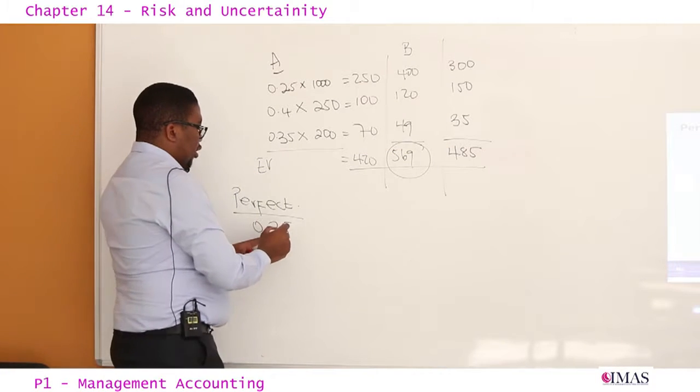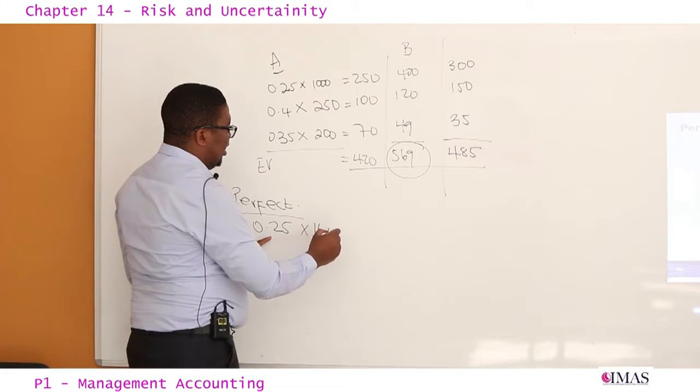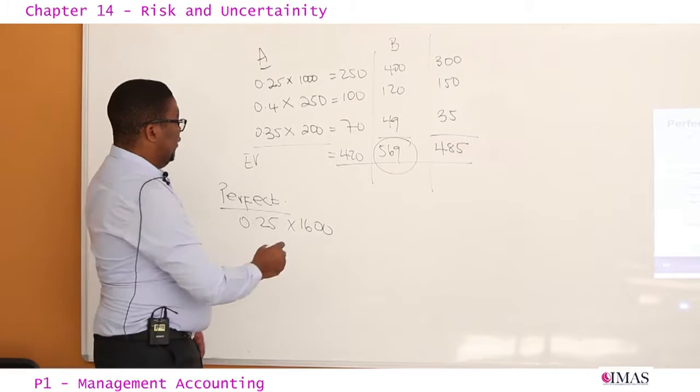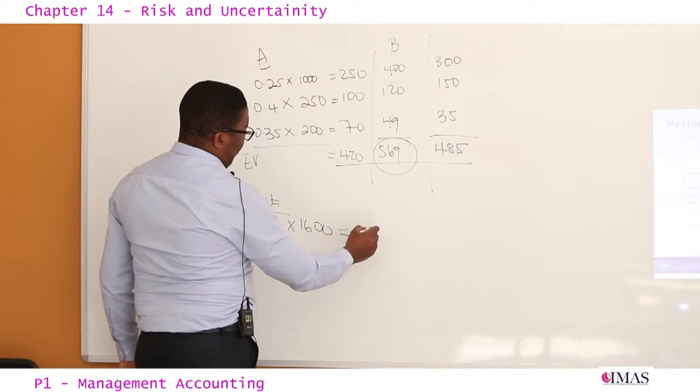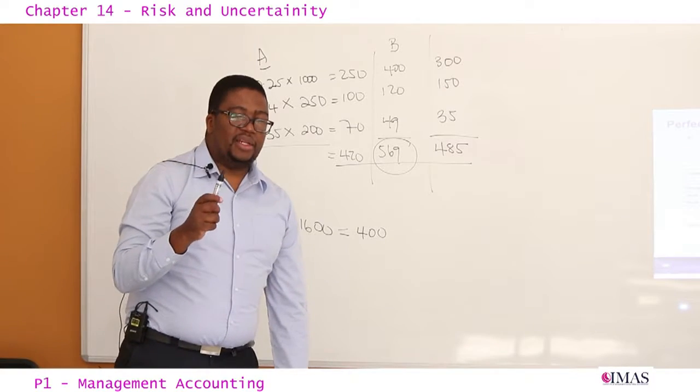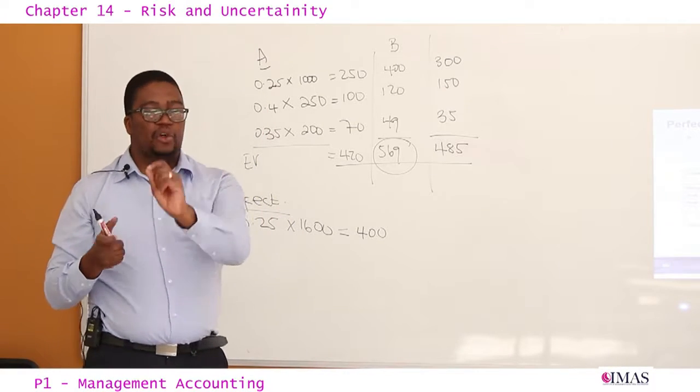Therefore you go 0.25 multiplied by 1,600, which will give you 400. But if you knew that the reaction was not going to be strong but was going to be good,